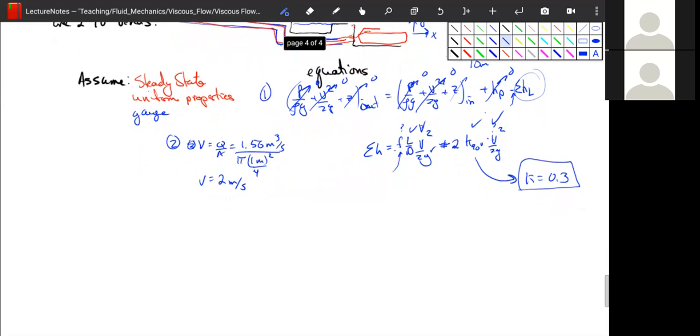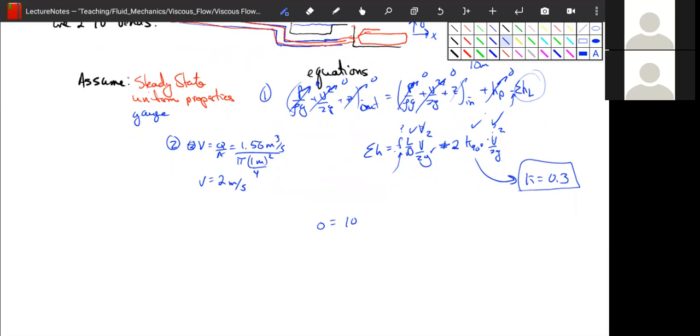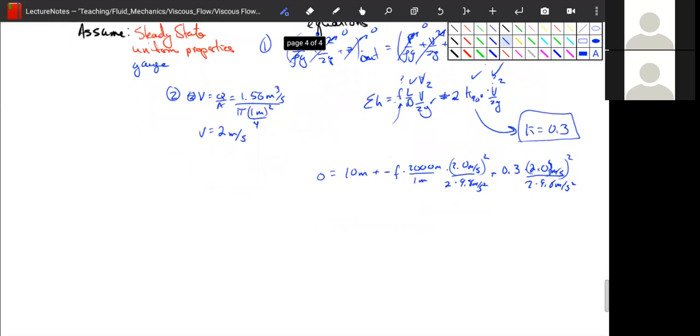So when we plug stuff in, we find out that 0 is equal to 10 meters minus F times 2,000 meters divided by 1 meter times 2.0 meters per second squared divided by 2 times 9.8 meters per second squared, plus 0.3 times 2.0 meters per second squared divided by 2 times 9.8 meters per second squared. And so we can solve for F, and when we do, we find out that our friction factor has to equal 0.0242. And now we have to go to our Moody chart or to our